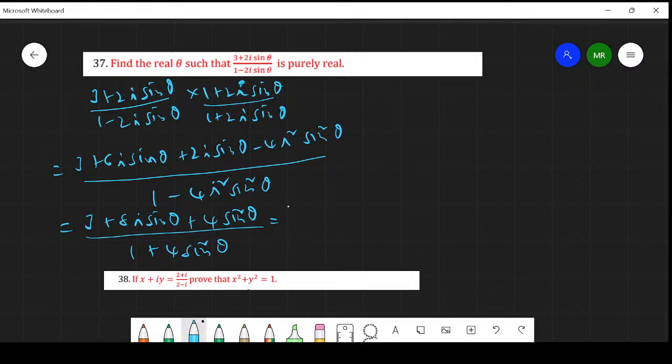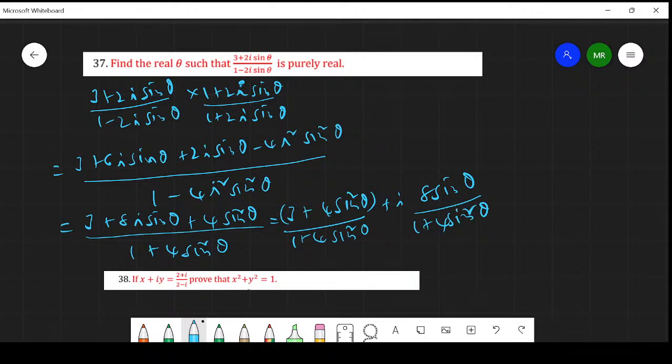Now this will become (3 plus 4 sin square theta) real part by (1 plus 4 sin square theta) plus i into, you can see when I multiplied this one, I multiplied here, right? So you will get i into 8 sin theta by 1 plus 4 sin square theta. So this is the given complex number. I have written it in a plus ib form. The thing is purely real. When purely real, the imaginary part should be 0. Since it's given purely real,